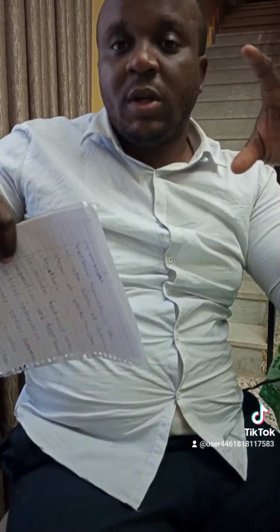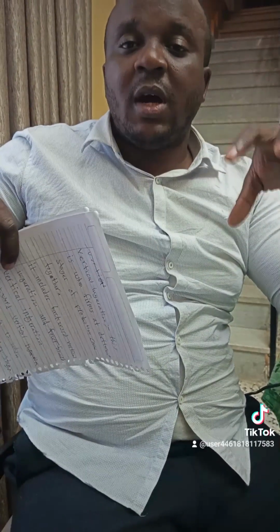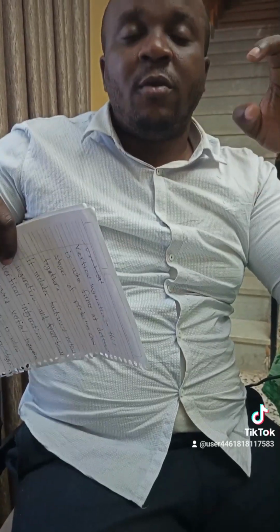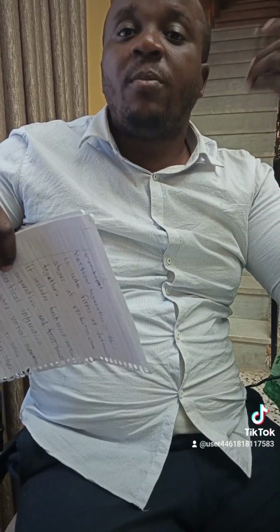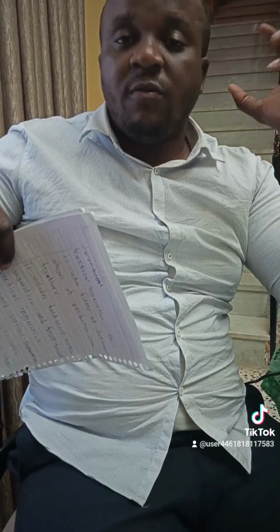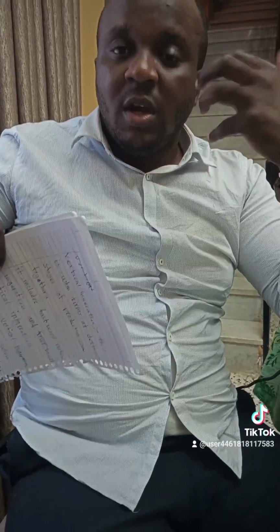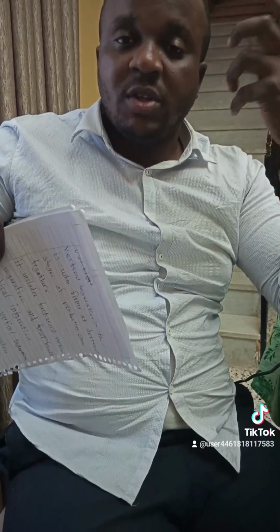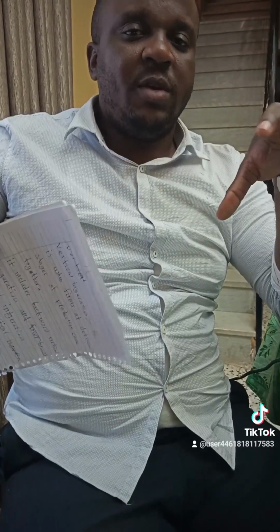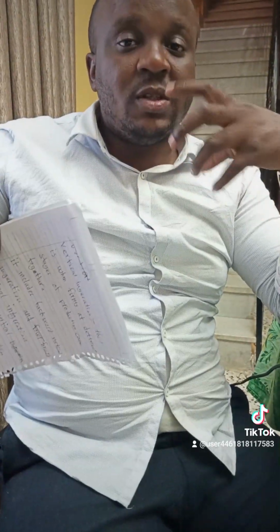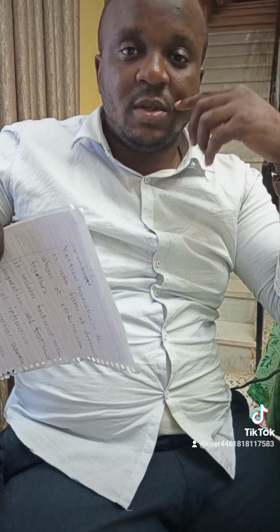Then there's also what they call conglomerates. Conglomerates are when a firm from a completely different industry takes over a firm from another industry. It is known as conglomerate in business studies. So when you know these concepts or when you know this definition, it is easier for you to perform well in the exams. Is it clear?